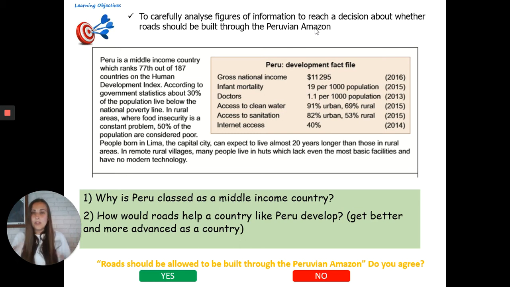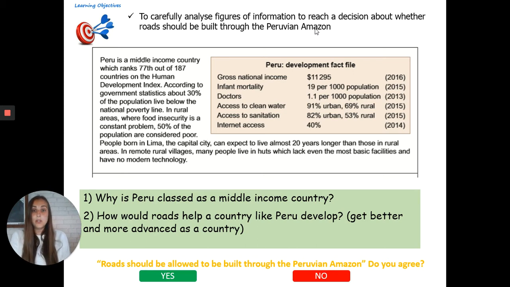So when we're thinking back to this question about should roads be built, well, maybe the roads might help some people in rural Peru to access the rest of Peru, to access services and jobs, to improve their quality of life and their standard of living, the money, the income that they can get. So you could argue that this is a little bit of evidence that the roads should be built to allow rural parts of Peru to develop. And just a little bit of a fact file up in the top. So some key things there, and you can see again the differences between urban, so towns and cities, and rural